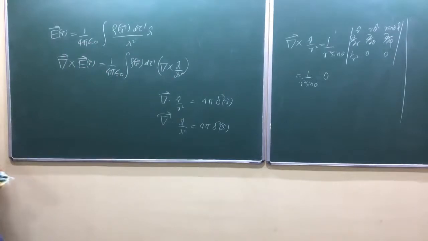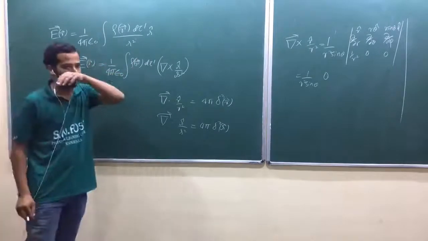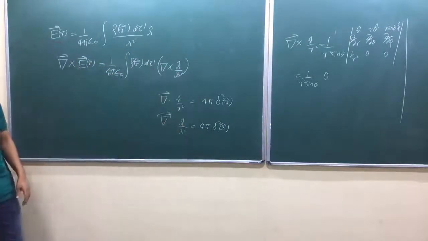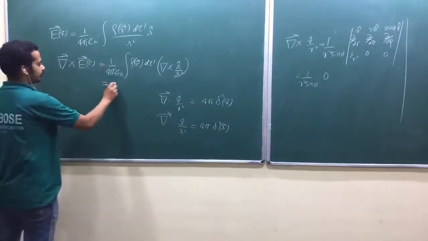Is it okay? Just like we have done for divergence, am I right? For divergence, we have done the same thing. Just check it out, okay? We have taken the derivative inside, and we have taken the divergence of only this part, and that was 4 phi delta cube of r, like that. So now since that is 0, this whole thing is 0.